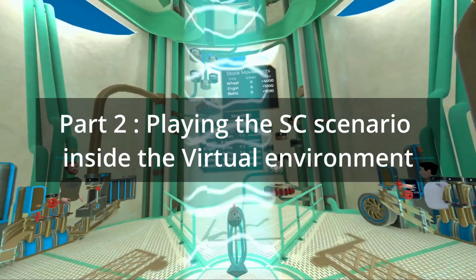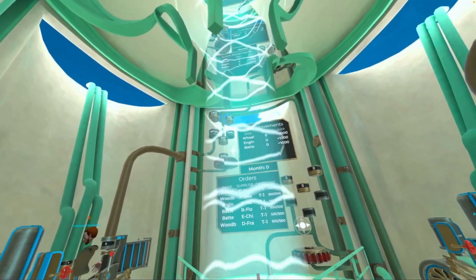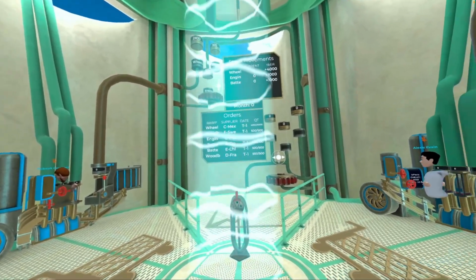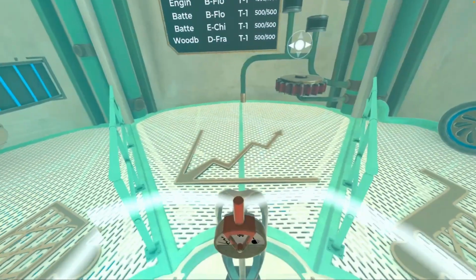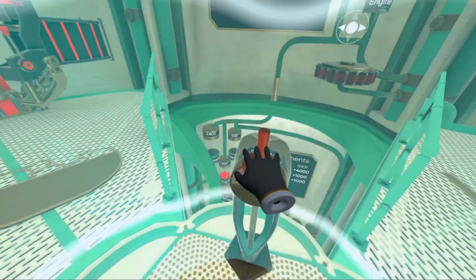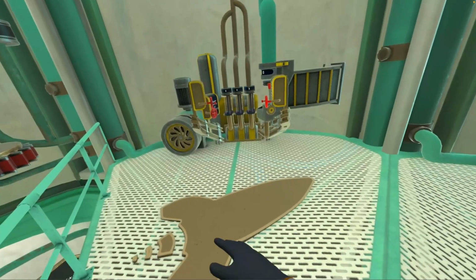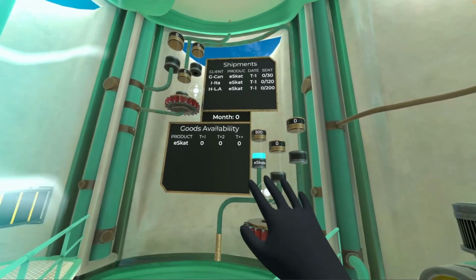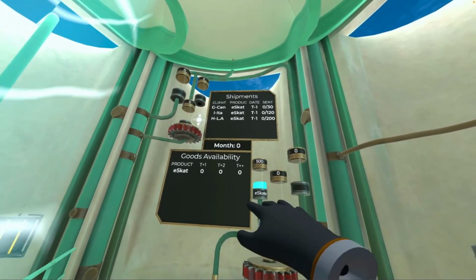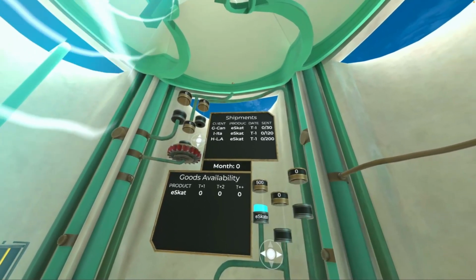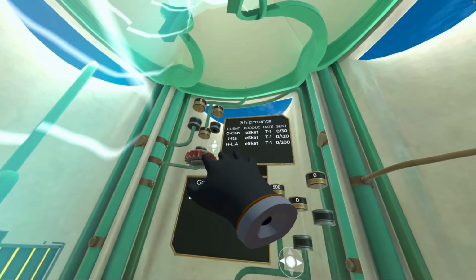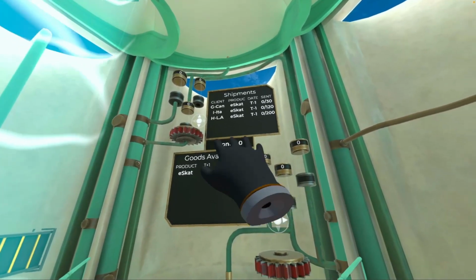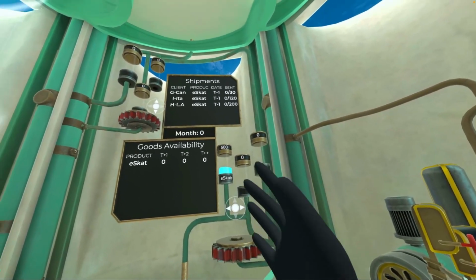So now we are in the virtual environment. So this is a three-floor environment, and each floor has its own objective. So we will go first to the shipment floor. So here we are at the shipment level, where we can see that we have orders from our three customers, so Los Angeles, Italy, and Canada. And we can see that we already had from T-1 some orders of 30, 120, and 200 electric skateboards from these three customers. We're at month 0 now, but we can see that they have orders that have been predefined